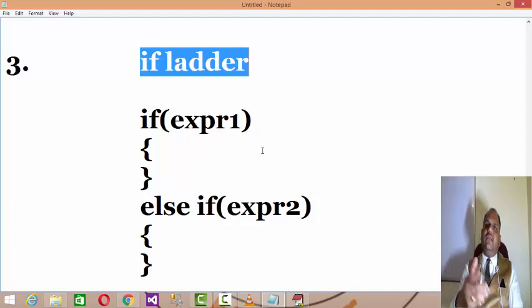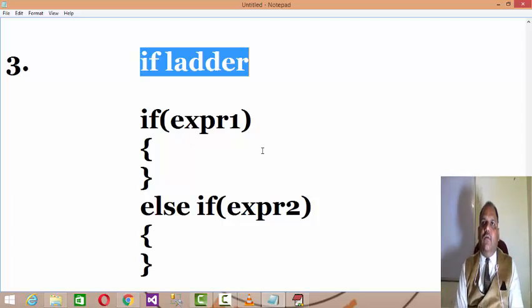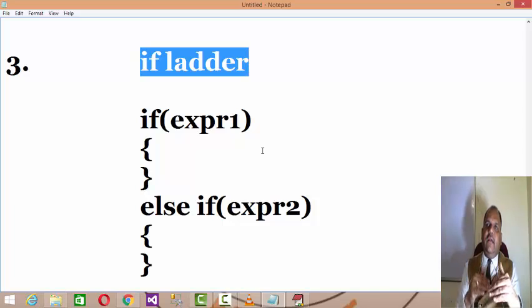So if you want to evaluate a result, then obviously a single condition has to be used. But if you want to evaluate the grade, grade evaluation is at a slab level: up to 50 no grade, 50 to 65 you may get a C grade, then 65 to 75 you get a B grade, 75 to 85 the A grade, and more than 85 the A plus grade. While performing such a process, like in a ladder, you can either climb the ladder from the bottom to top, or you can return back from the top to bottom.